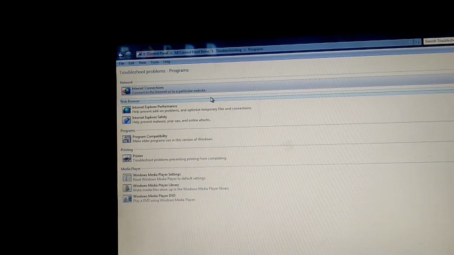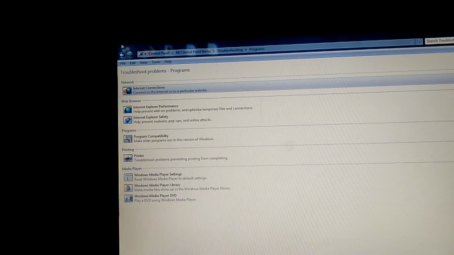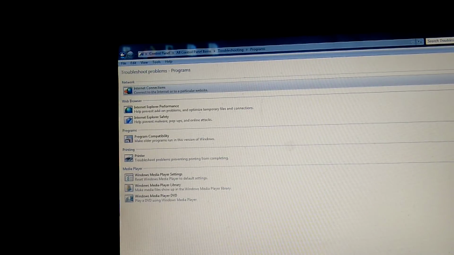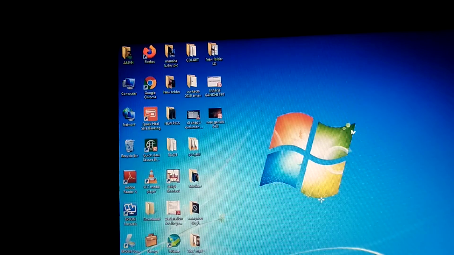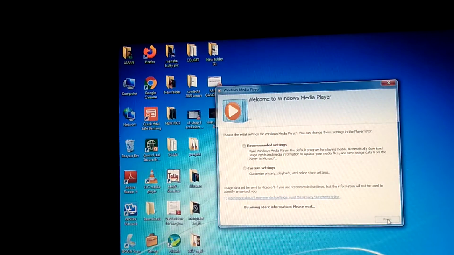Now I'll give you a quick revision of what we have learned. We have learned about Windows Media Player. What was Windows Media Player? It is a special program in which we can listen to audios and even videos, meaning digital media. We'll go to All Programs and Windows Media Player. That day also I taught you, and I told you that these settings will not be there in your computer.